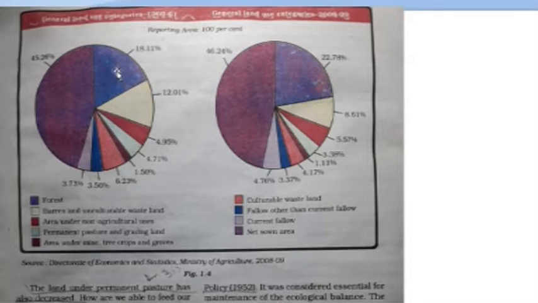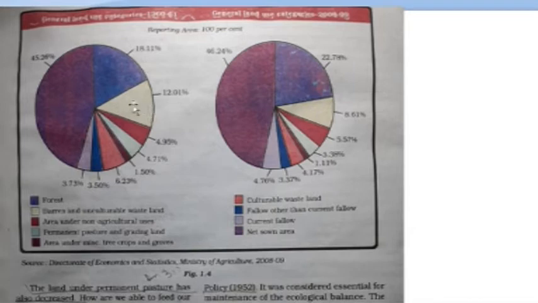This area is showing forest, which means 18.11% area was forest during 1960 and 61, and while in 2008 and 9 forest area increased from 18.11 to